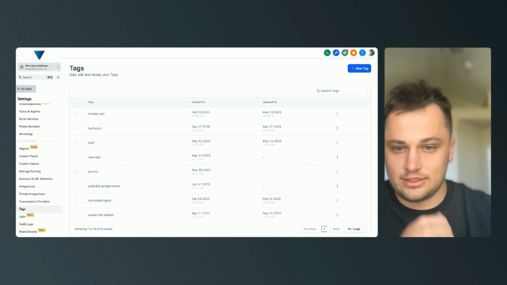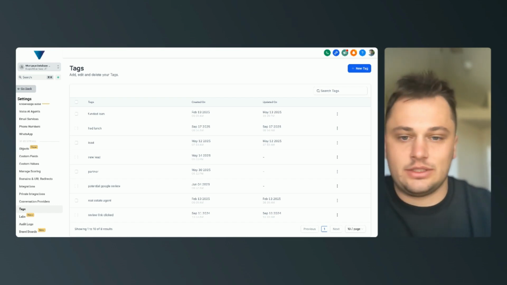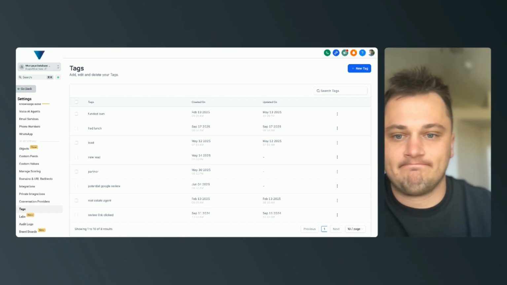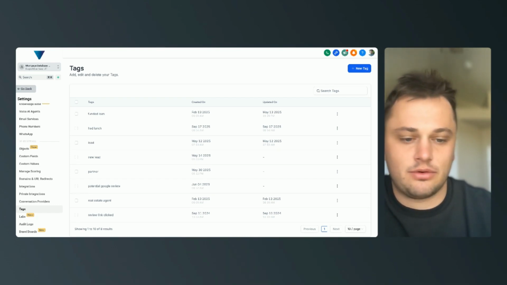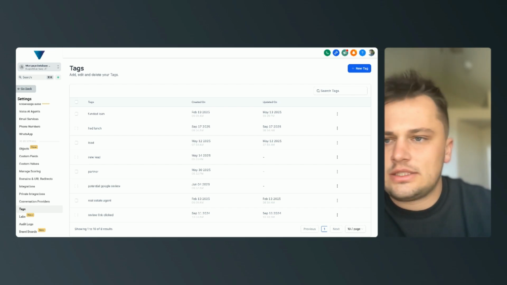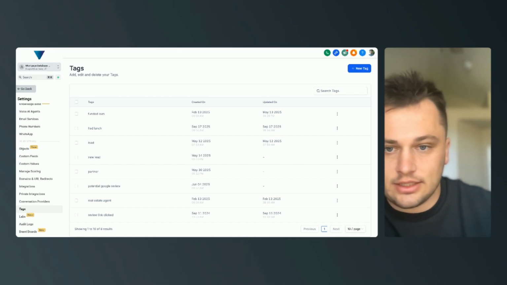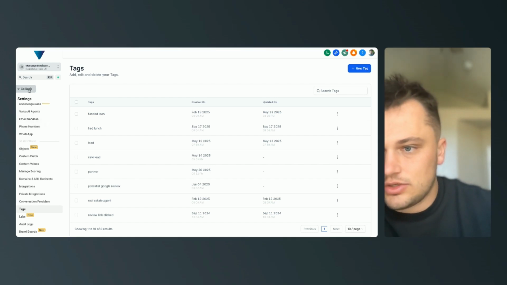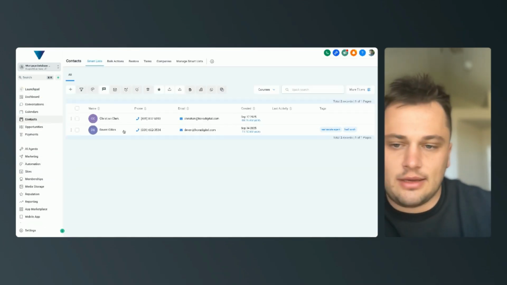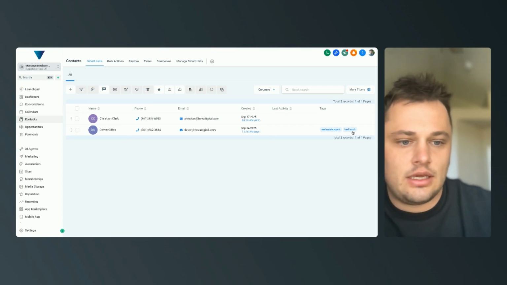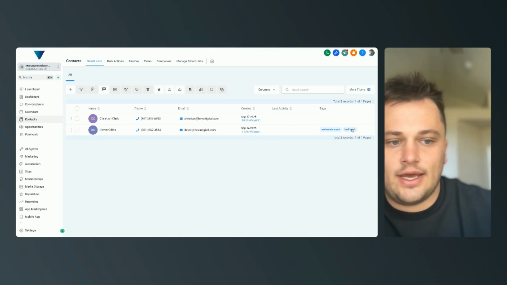But yeah, that's as far as tag management and organization. That's really the most important things to remember. And then let's say that you made a mistake where you added the wrong tag to like 1,000 contacts. So if you go to your contacts tab,